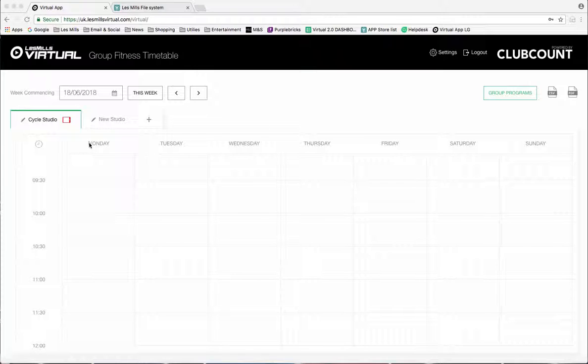The scheduler runs like a planner, so Monday through to Sunday, and then from midnight each day through to midnight. Each studio that's been set up by Les Mills for virtual will have a symbol beside it that's an iPad. If you require further studios that offer virtual, you will need your Les Mills team to do this in our backend system, and then the next time you log in, a new tab will appear on your schedule